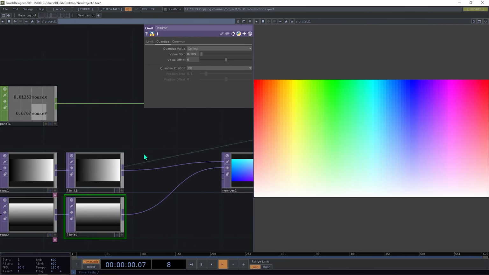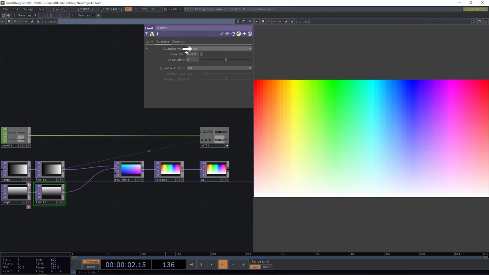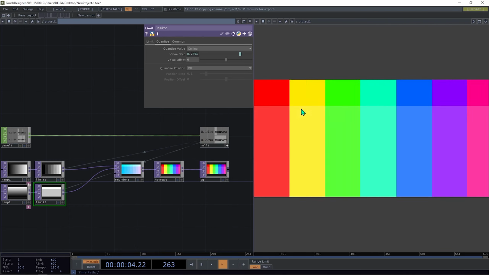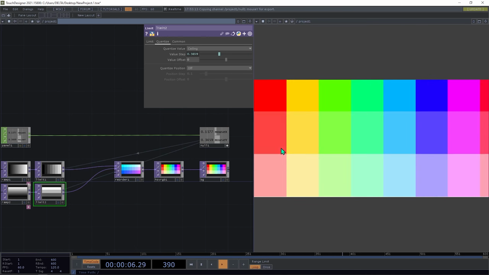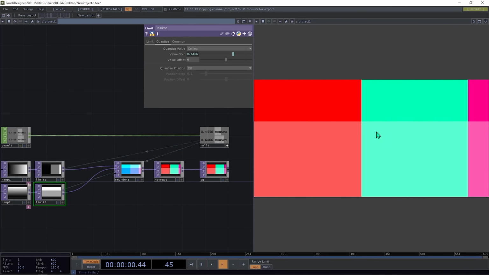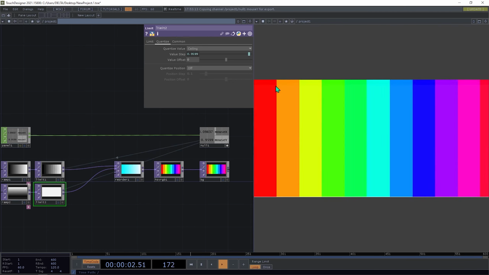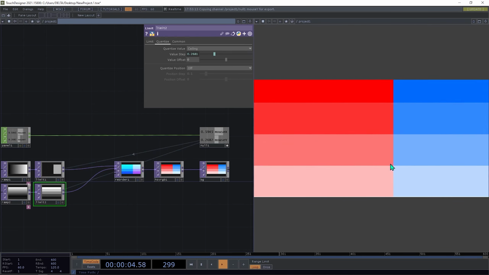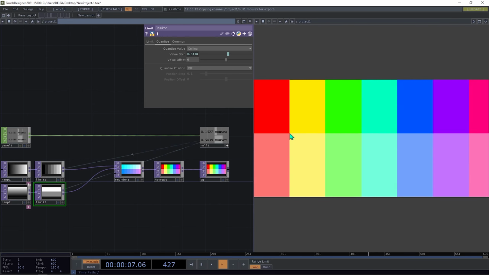But if I export my mouse Y value to this value step, I will have the result, but it looks, well, it reacts differently. This is because